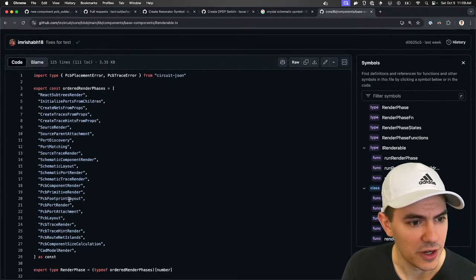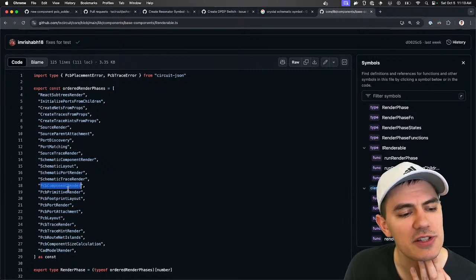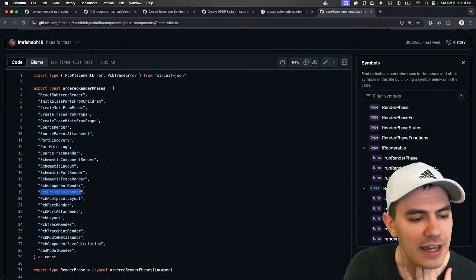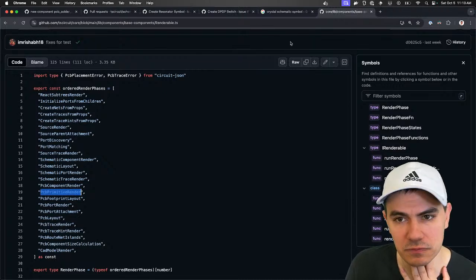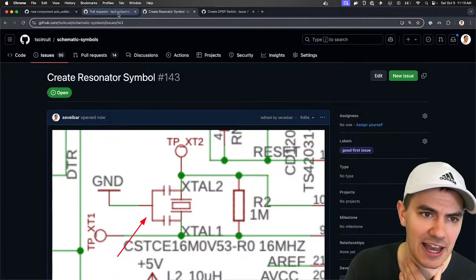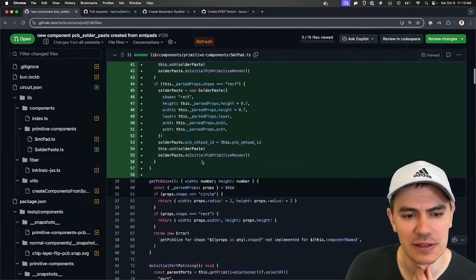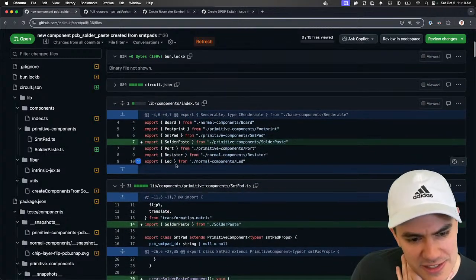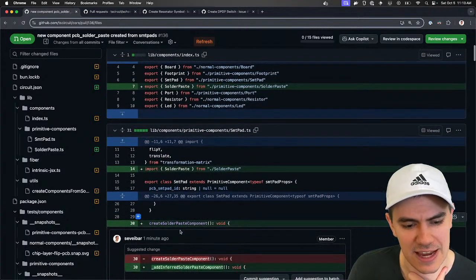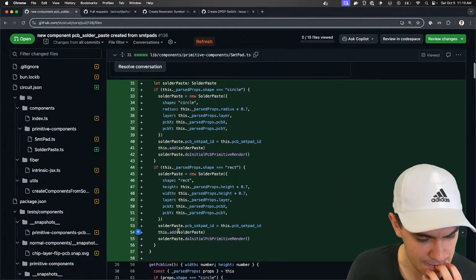Okay, these are all the render phases we go through. Let's see. So we got PCB primitive render, PCB component render. Maybe it is the best spot. It's a little weird because this is no longer a PCB primitive, technically, if it has a solder paste component.